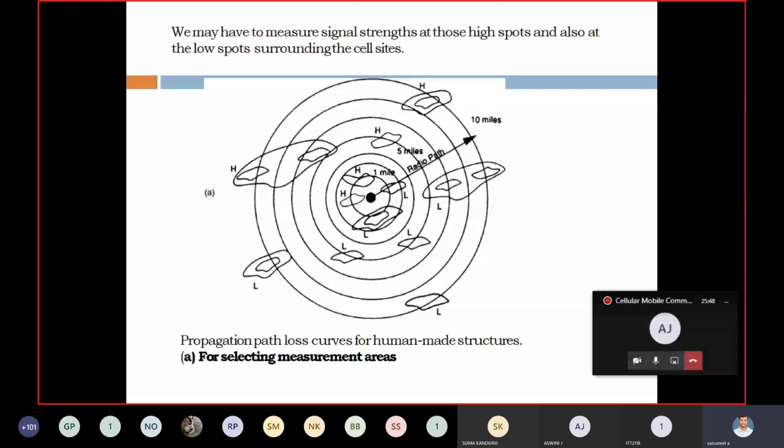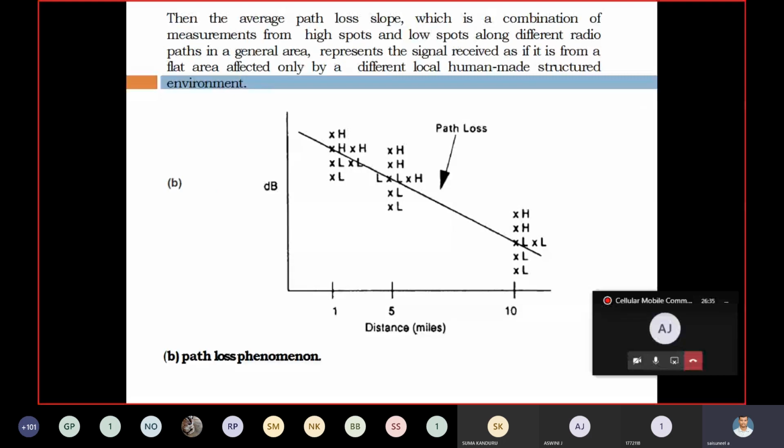It is because when the distance increases, due to some restriction, each cell phone tower covers a maximum of 10 miles, which is on average about 15 kilometers. After this, the signal strength is very, very low and it decreases. This is a method to calculate the area-to-area prediction model.